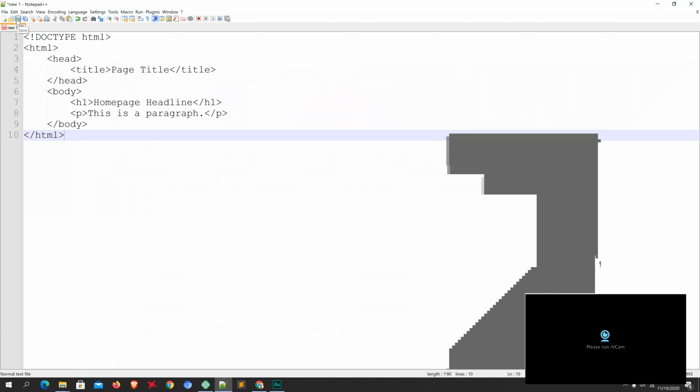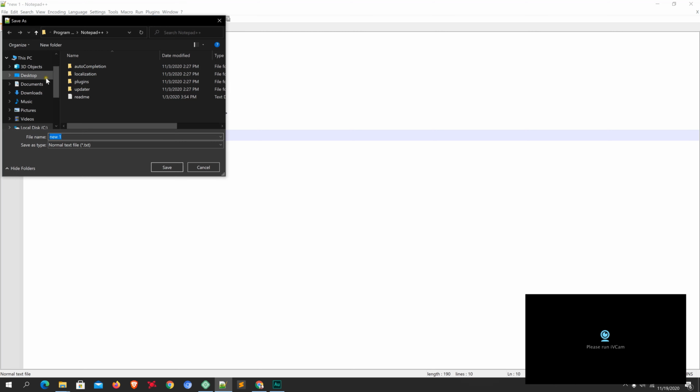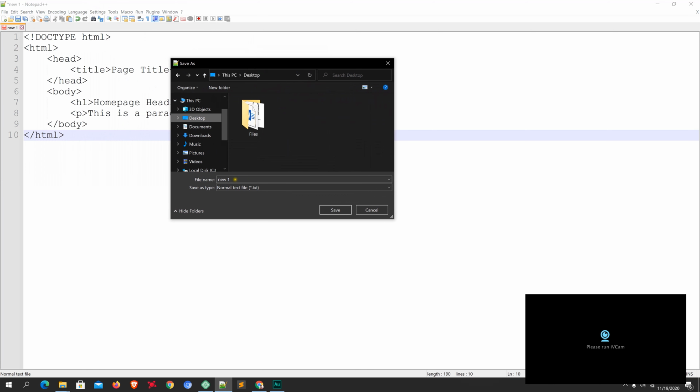And here you can see a save button. I'm going to click on it, and on the desktop, I'm going to save it as home page. So home.html.